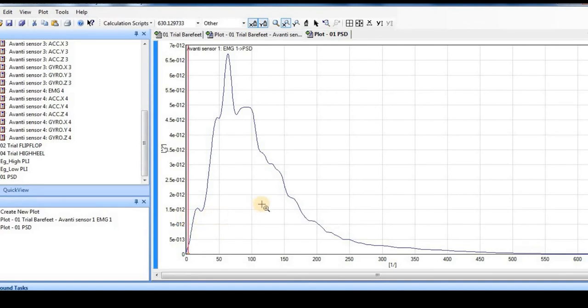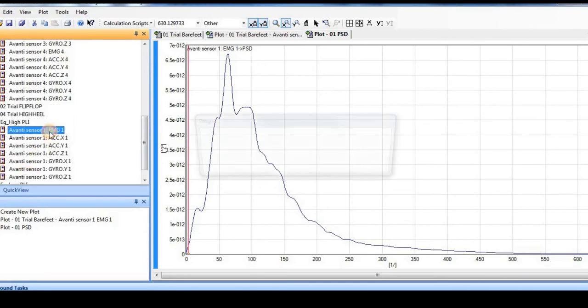Now the other thing is, how do I check that there is not much power line interference? I have another data series in which I can easily show you.